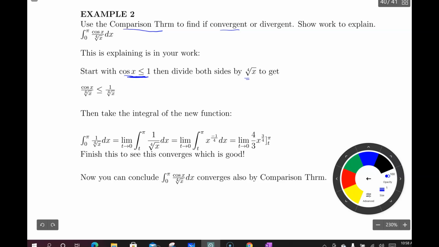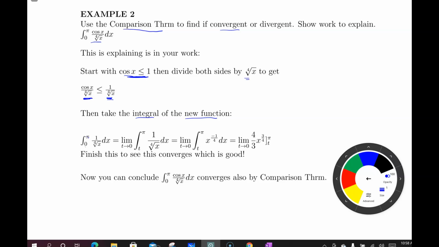Divide both sides by the fourth root of x, and I get to here. Okay, so this is the function that's in my integral. That's good, and I have a new function. So now it's my job to take the integral and show all the work of taking the integral of the new function. So I'm going to take the limits of integration from the first problem, so 0 to pi,